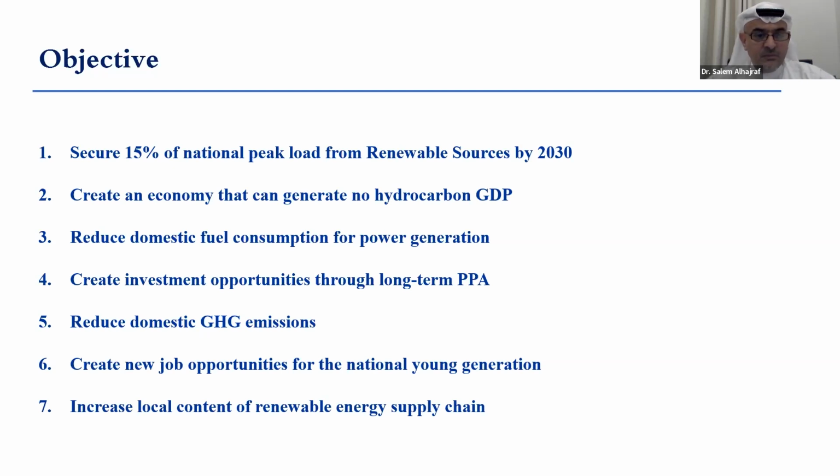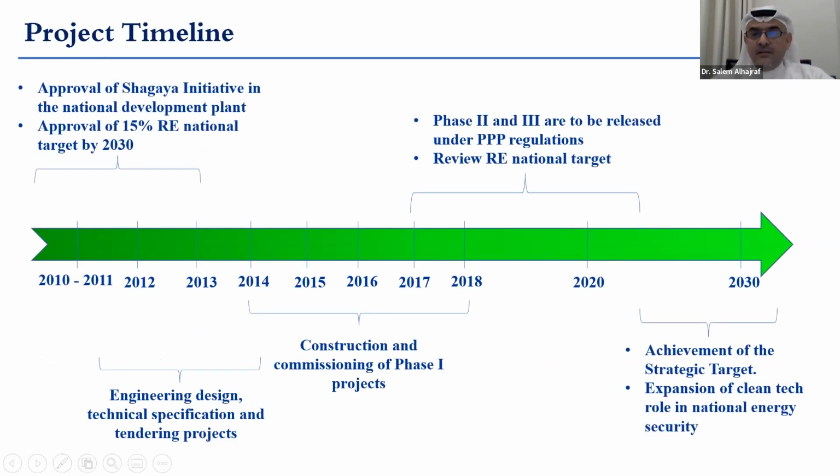Also, to create unconventional investment opportunities through long-term power purchase agreements with the Kuwait government, to reduce domestic greenhouse gas emissions, since Kuwait is second in the world in terms of emissions per capita, create new job opportunities for national young generations, and increase local content of the renewable energy supply chain, among many other objectives, but these are the key objectives. The timeline of the project, as you can see here,